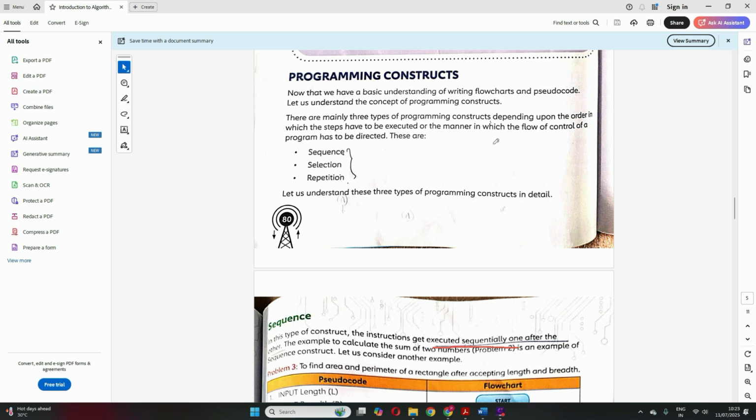So that is sequence. Like when you add two numbers, the instructions come in a sequence. We input the two numbers first, then we add them, and then we display. You cannot first input the number, then display, and then calculate. It won't work, right? So you have to first input, then calculate, and then display. So it comes in a sequence.